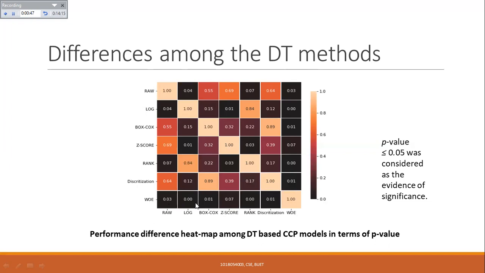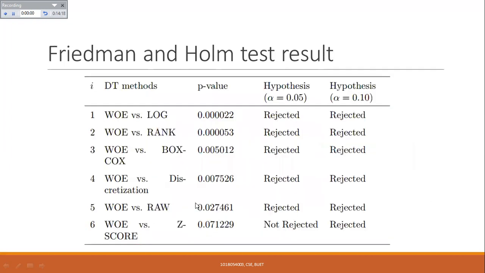So weight of evidence performs significantly different than the others, and how they are different after the post-hoc test. We perform the Holm post-hoc test, and then we saw that weight of evidence versus log rank, when the significance is 0.05, there is a significant difference among the weight of evidence and other methods, except